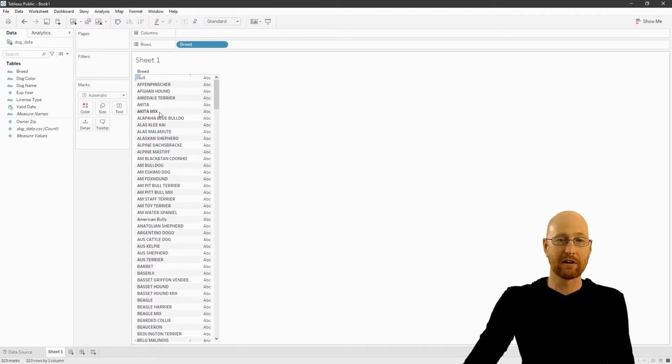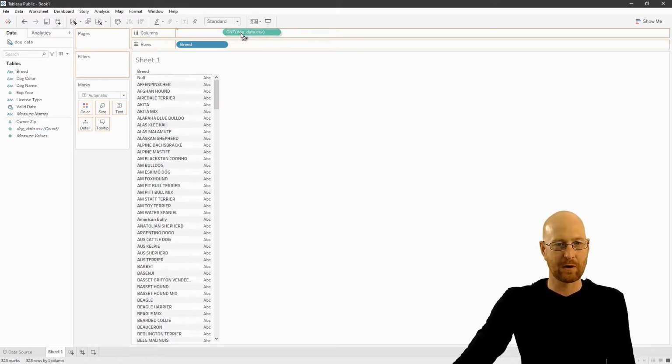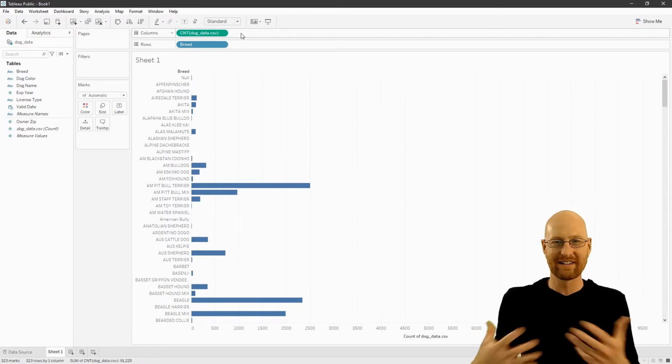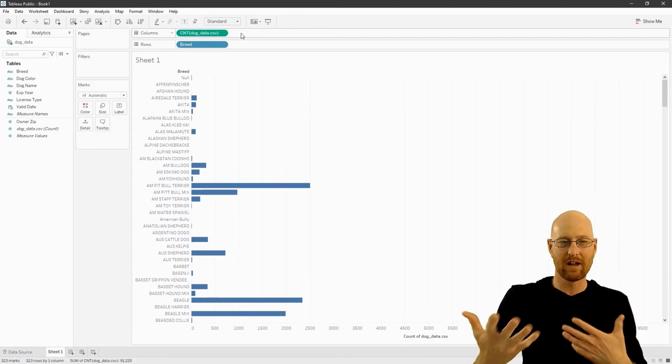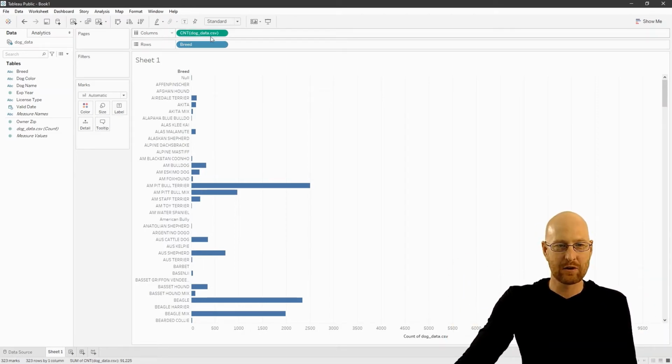Now, let's say we want to know how many of each one. So we can come down here to our count. This is the count of our data. And this is Tableau has created this for us. It kind of went through our data and said, okay, this seems to be what all of these things are. Let's add them all up and create a count for each one. So we could drag that to columns, and now we have our first visualization, or well, technically probably our second one,